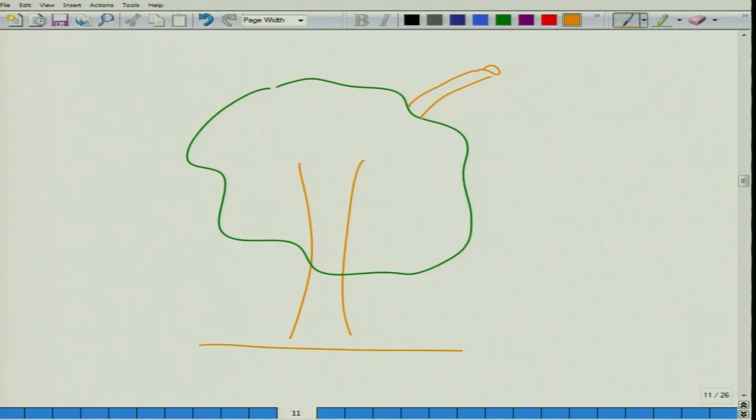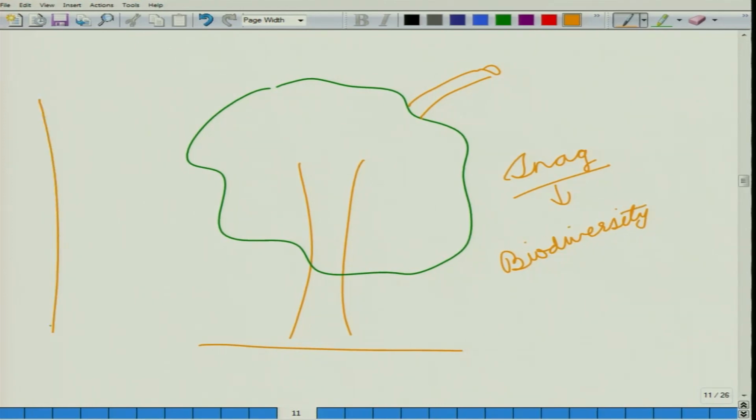We normally use this term snag in the case of management for biodiversity purposes. So, even if you have a tree that is all dead, it does not have any leaves, but still it might have some holes that might be used for birds, or for instance some ants,